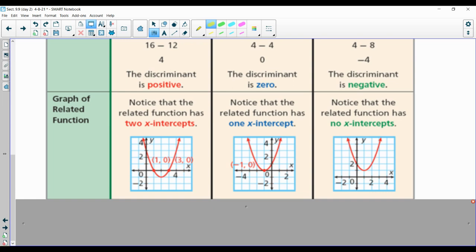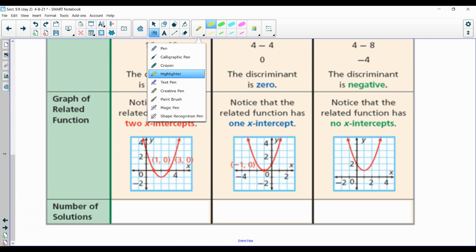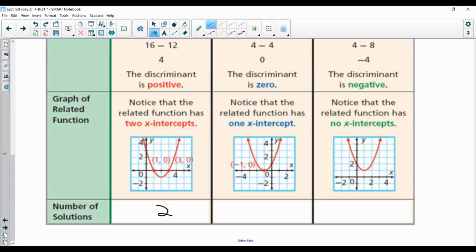Now you should have blanks underneath there, right? The number of solutions, if it is a positive number, would be 2. Fill that in if you would. That means you get 2 solutions. Okay? The number of solutions if the discriminant is 0 is 1. And then you get no real solutions if it is